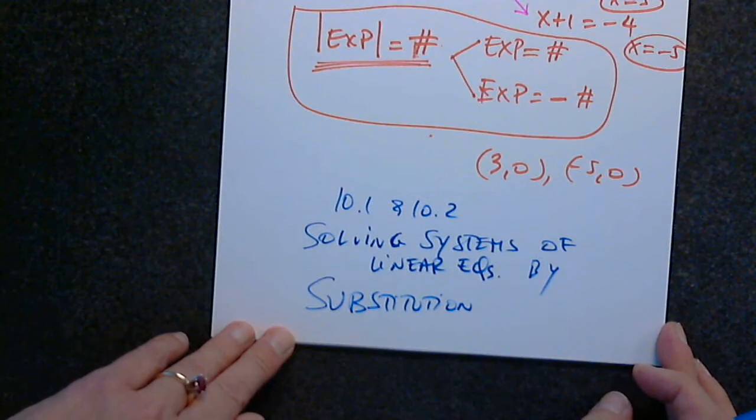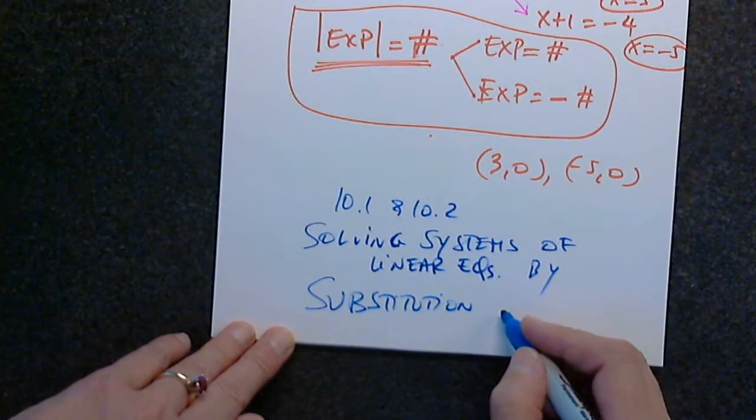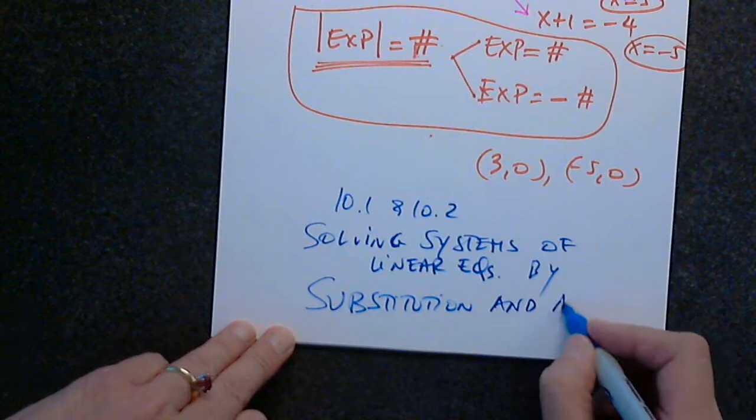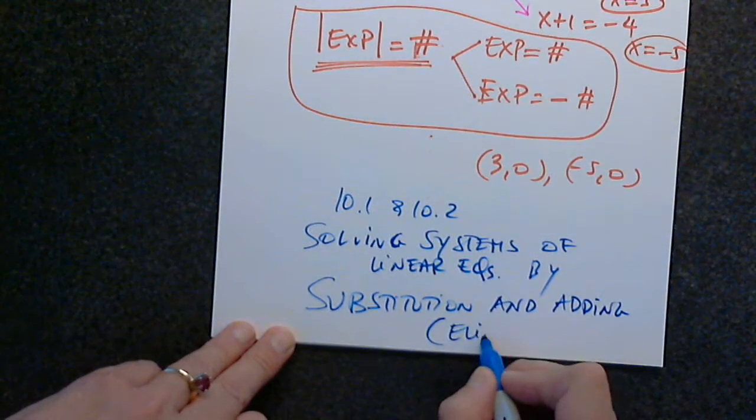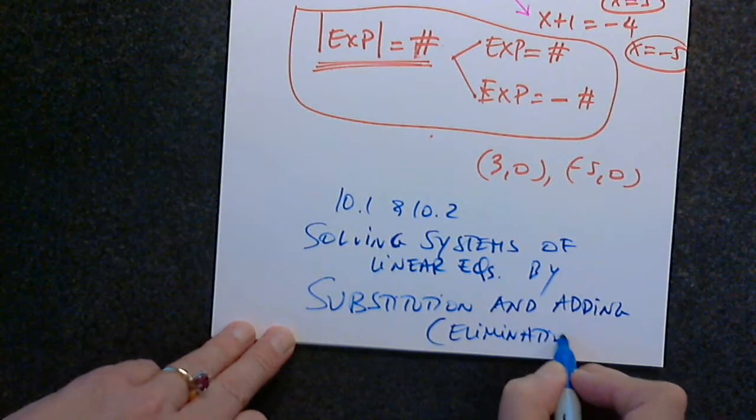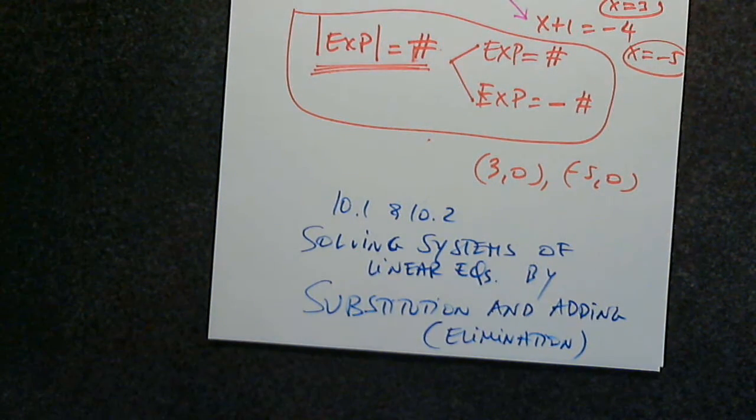That's fine. I call it elimination. It's the same thing. So substitution and adding, which I like to call elimination. Okay, solving systems of linear equations. We're not going to do graphing, so